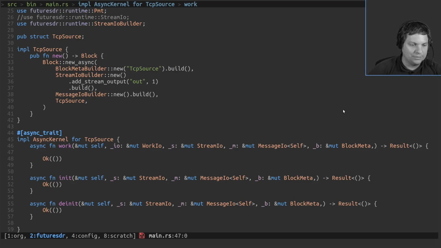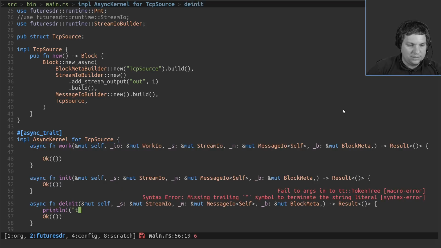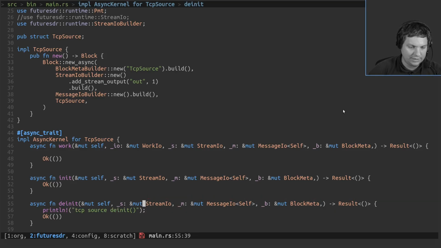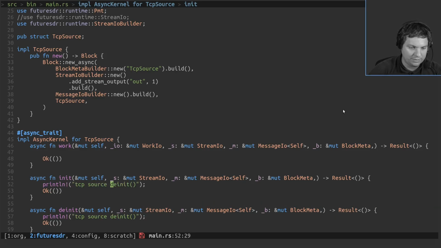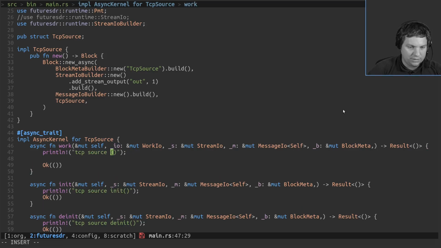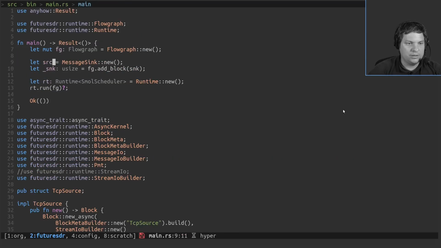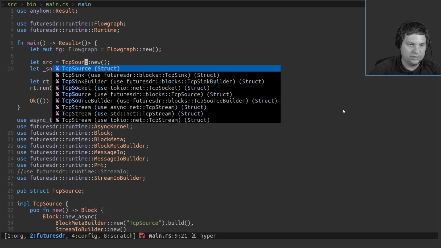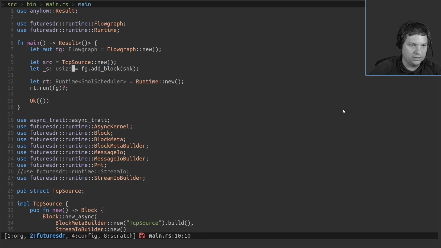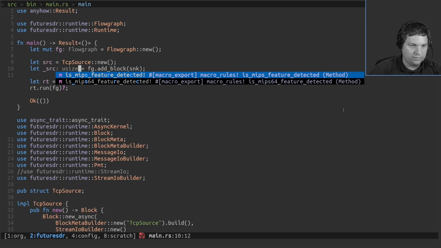Okay, so let's have a look. I think first of all, we just println TCP source deinit, so that we can better demonstrate what's going on. Here we have work. And this is already a complete block that we can use here. So we can use it as a source, TCP source, and add it to the flow graph.